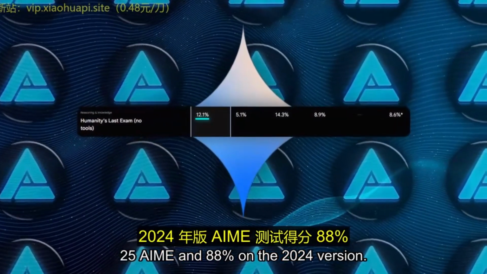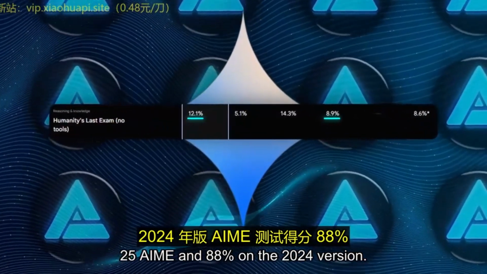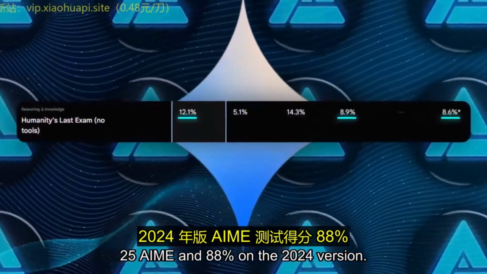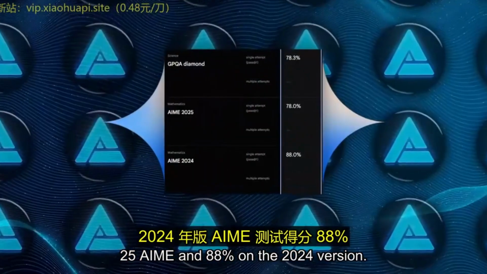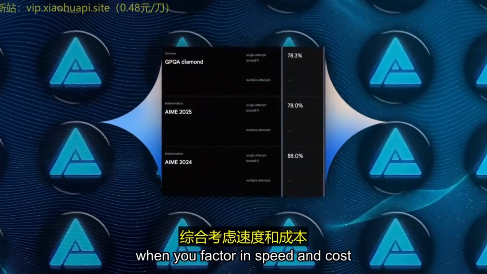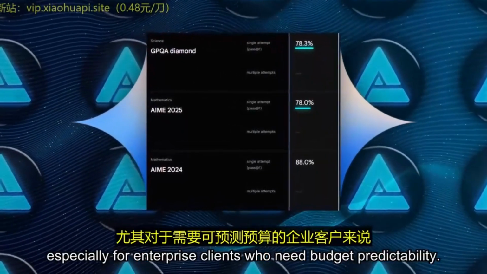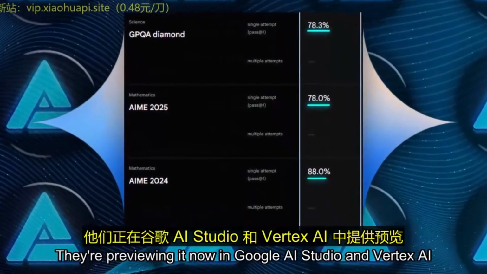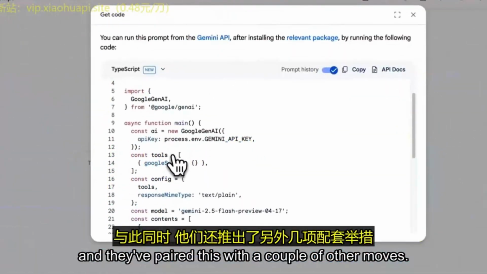For technical benchmarks, it nails GPQA Diamond at 78.3%, and math performance comes in at 78% on the 2025 AIME and 88% on the 2024 version. Google's pitch is that when you factor in speed and cost, it's the best value out there, especially for enterprise clients who need budget predictability. They're previewing it now in Google AI Studio and Vertex AI, and they've paired this with a couple of other